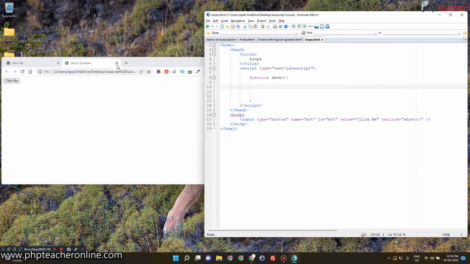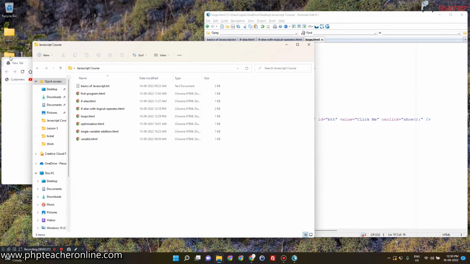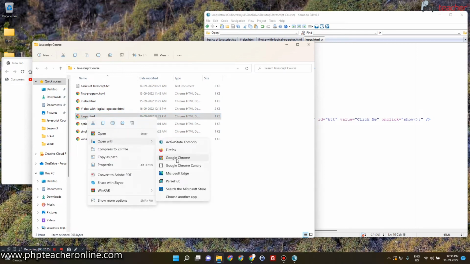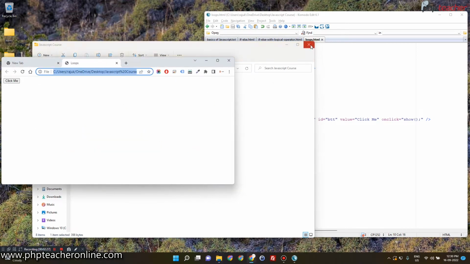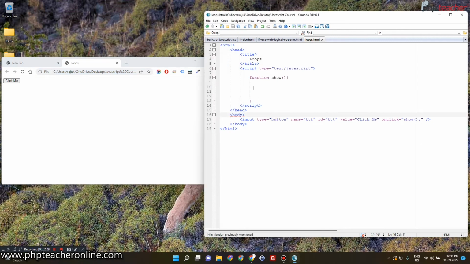Okay, first let me open up this file. So that one is loops html. Open with my Google Chrome. Open, close this. Now let me show you that particular example that I have told you right now. Suppose I want my name to appear 5 times in an alert. Okay, so alert